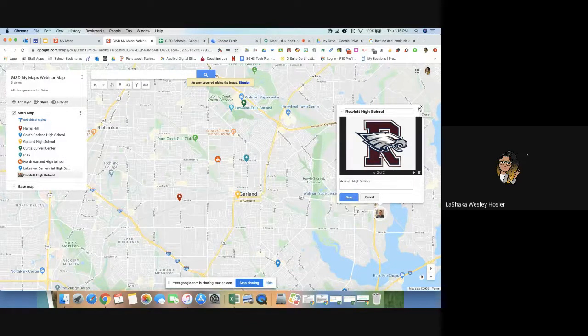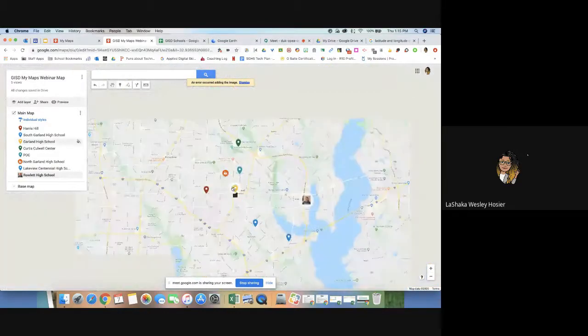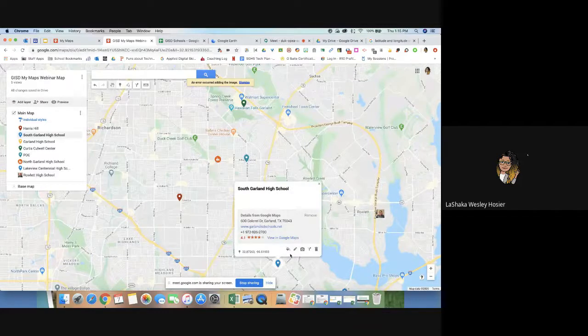Another thing you can do is change the color of the icon. So when I made the map for the invitation, I made sure that Garland's pinpoint was yellow, okay, and the one for South is blue. But if I wanted to, I could go in and just change this to red,